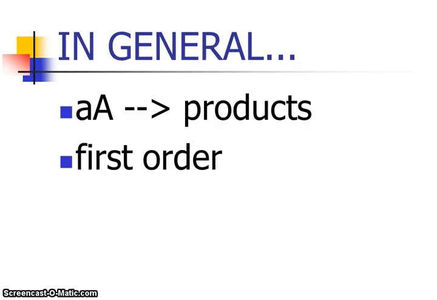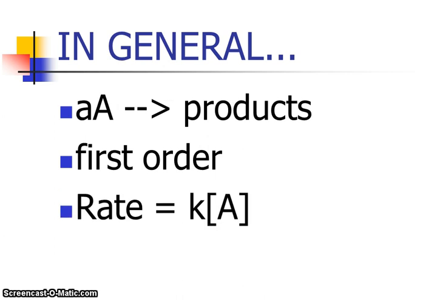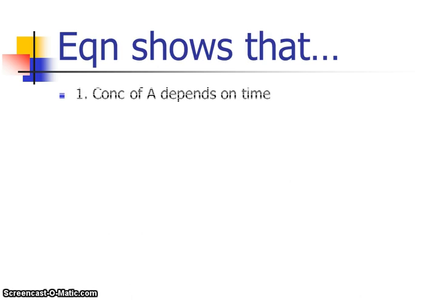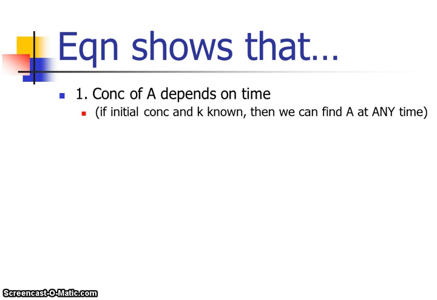So in general, if we're looking at a first order reaction, our differential rate law would be rate equals k times the concentration of A, and our integrated rate law would be the natural log of A equals negative kt plus the natural log of the initial concentration of A. And what that shows us is the concentration of A depends on time. If the initial concentration and k are known, we can find A at any new time in the reaction. When we look at the graph,